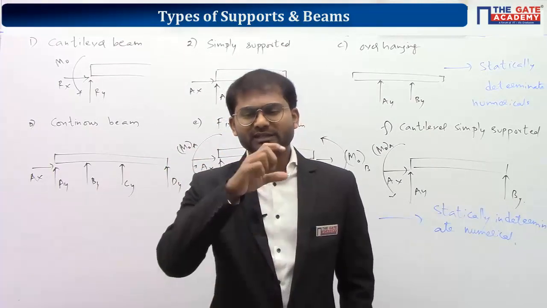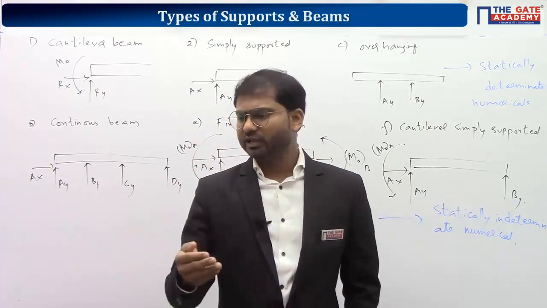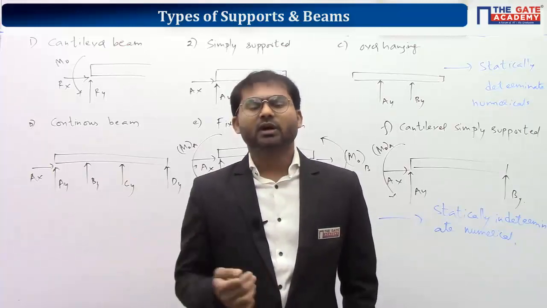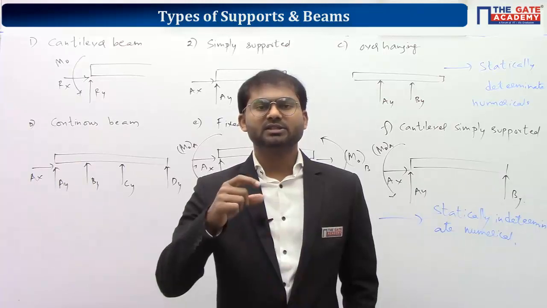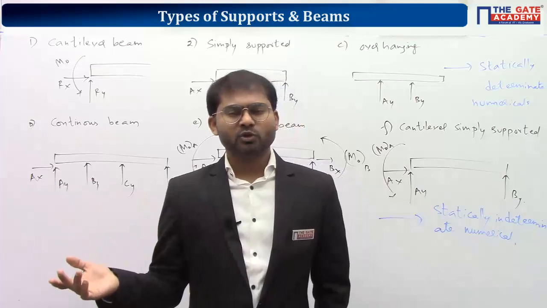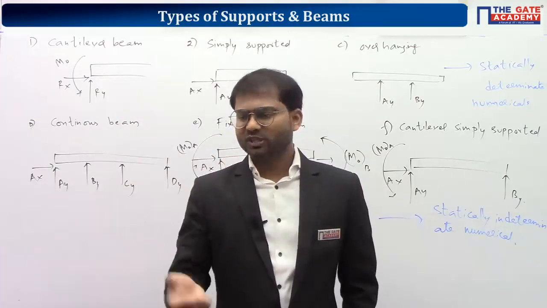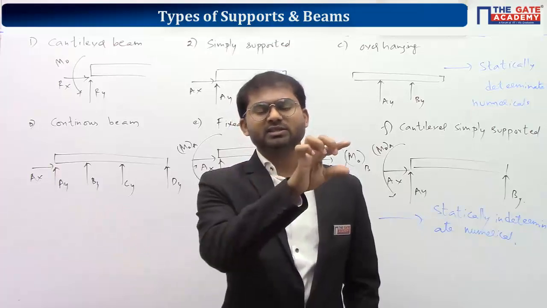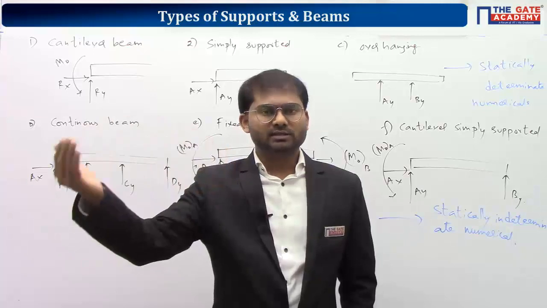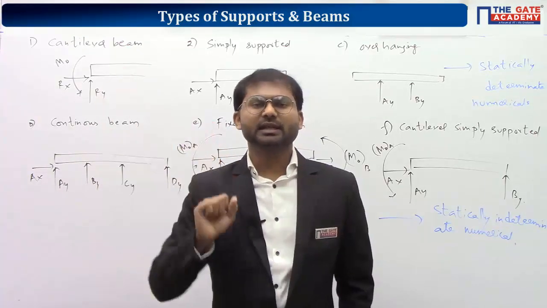Okay. If the intensity is varying along the length, we call it a varying distributed load, or a varyingly distributed load on the beam. Here you can see the last one, the intensity is varying along the length. We can have other types of loads where intensity varies in other fashions as well. In the first diagram, the intensity is constant, not changing at all. In the last diagram, you can see the intensity is increasing in a linear way.